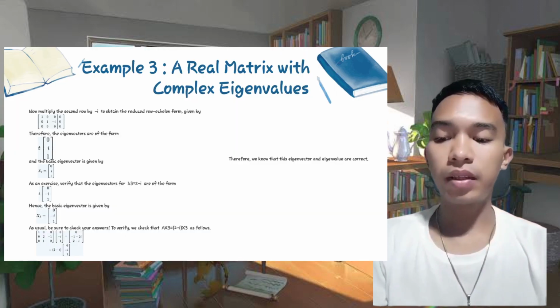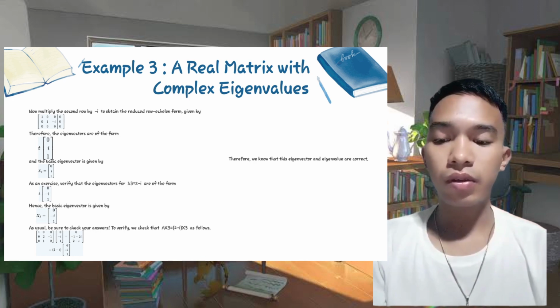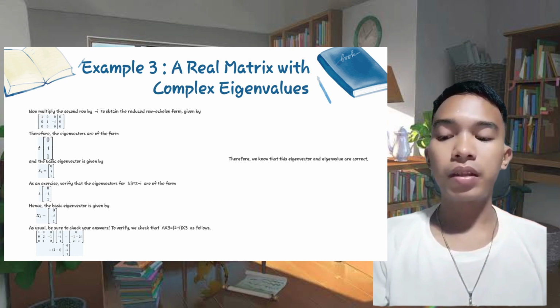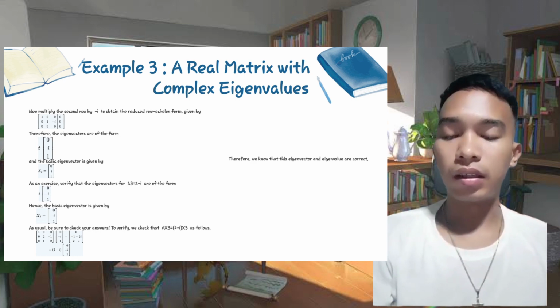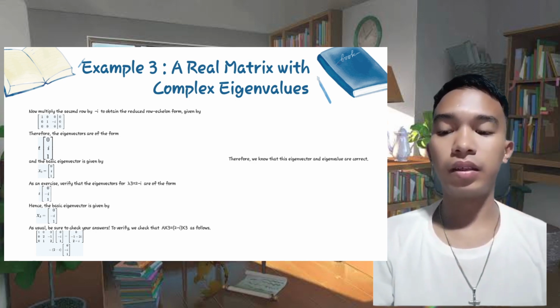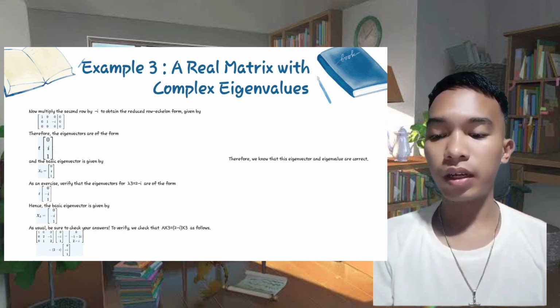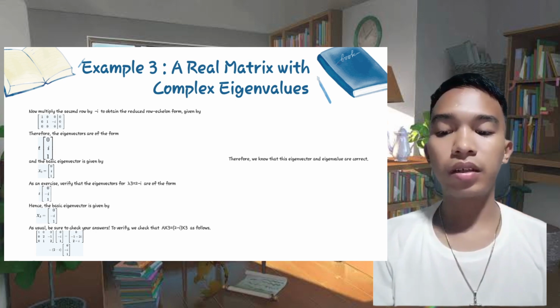Now multiply the second row by minus i to obtain the reduced row echelon form, with columns (1, 0, 0), (0, 1, 0), and third column (0, negative i, 0), and (0, 0, 0). Therefore, the eigenvectors are of the form